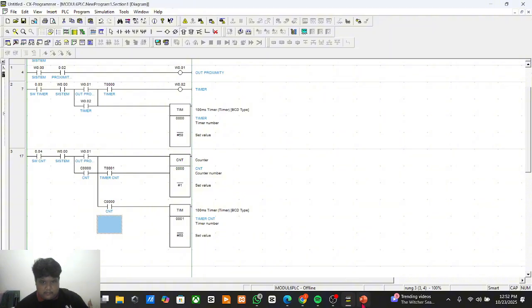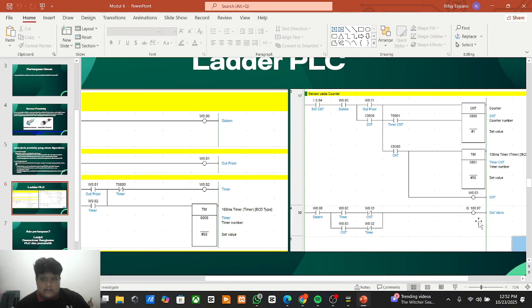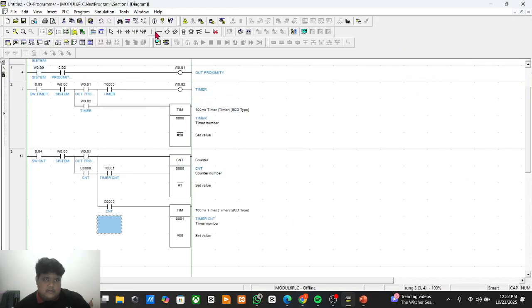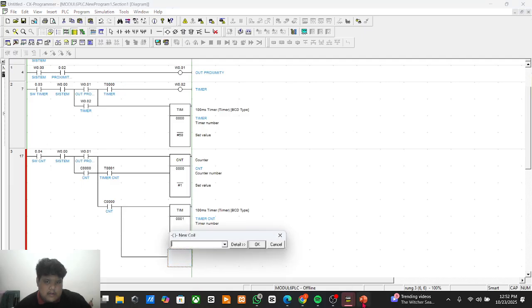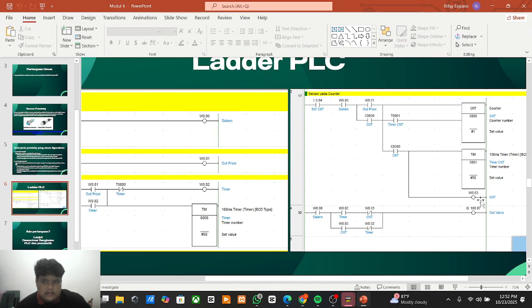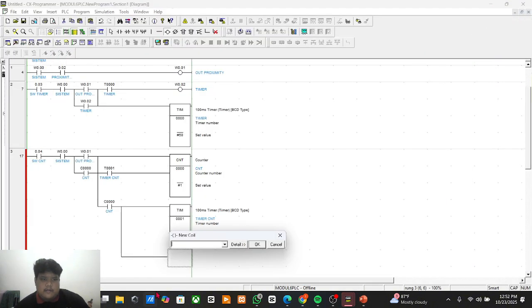Okay, then we just get some normally closed contacts for the CNT here, here, here. The address is number 3 for CNT. Okay.